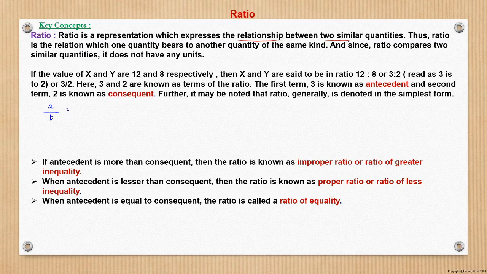And two similar quantities. Similar quantity means both are representing what? Income, right? So now let us see. If A is to B is in the ratio of, say, 12 by 8, here 4 is common, so it will be 4 by 3, and this will be 3 by 2 in simplest form. Now what does this mean?